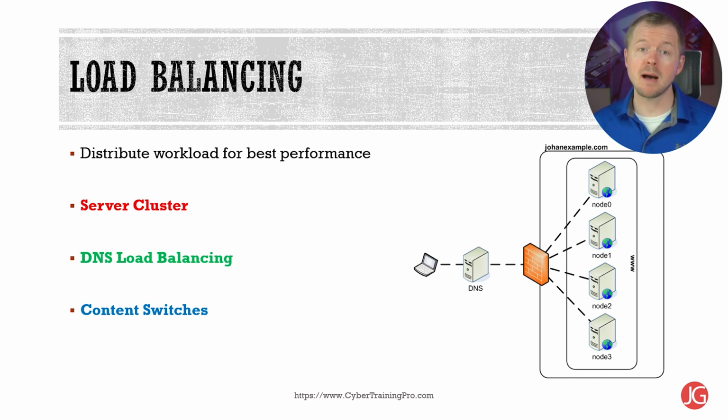This is called round robin on Windows. Binding DNS has a similar process, but you can add a weight metric to one or more of the servers to impact how much traffic each one's going to receive. Content switches work at the application layer, or layer 7 of the OSI model, and they're designed to perform certain